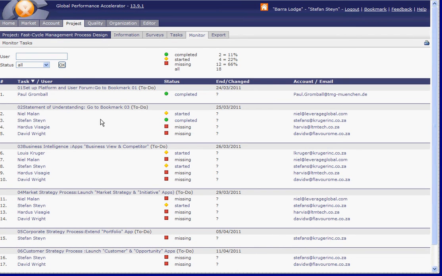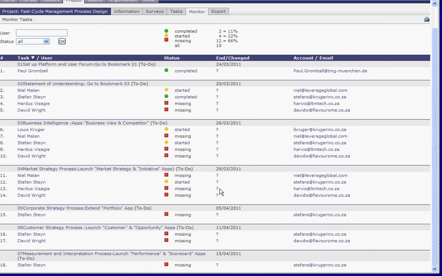Here you see the process steps, which you as a forum chair and process owner oversee, and you have complete visibility who has completed the work, who has started it, and also you can call the guys or write them an email when things are missing.